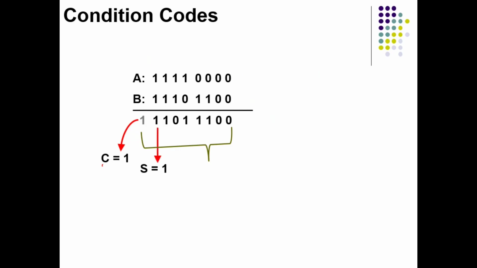Similarly, we can see the sign bit. I told you that the MSB is called the sign bit for any number. If that sign bit is 1, the number is negative, otherwise the number is positive. Here you can see the sign bit, that is the 8th bit of this 8-bit result, is 1. That means this number is actually a negative number, so the sign bit is 1. Otherwise the sign bit will be 0.